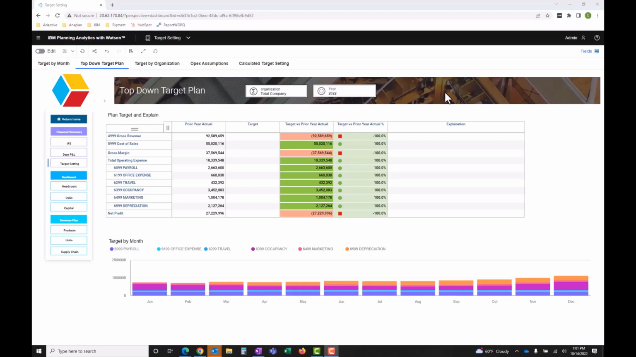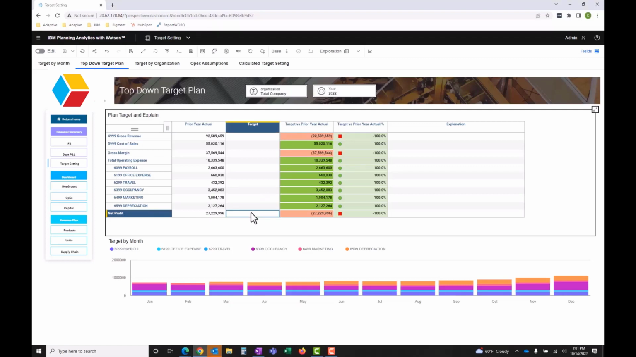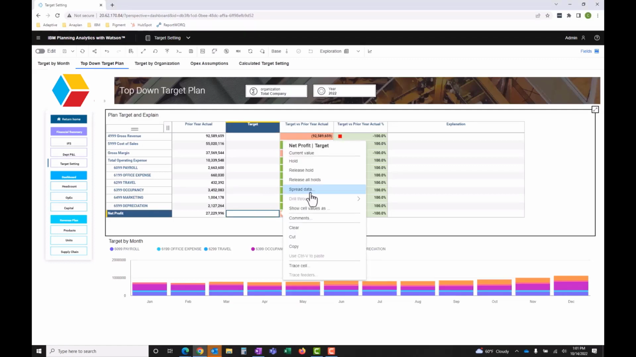In this table, we have our accounts in the rows and our versions and variances on the columns. We have an empty version which we'd like to populate based off of last year's actuals. This doesn't have to be called target version, but could be a version that you'd like to populate based off of another version. We'll start off by selecting our net profit account in our target version and selecting our spread